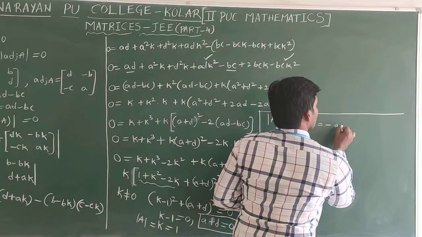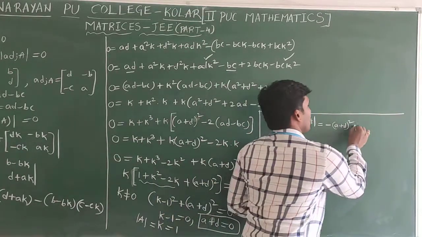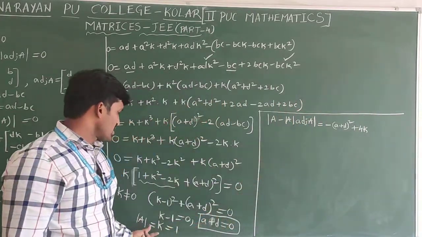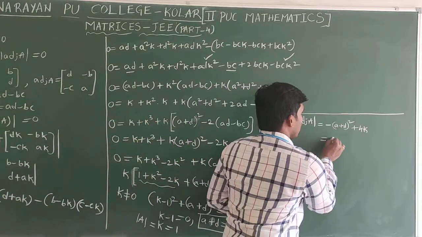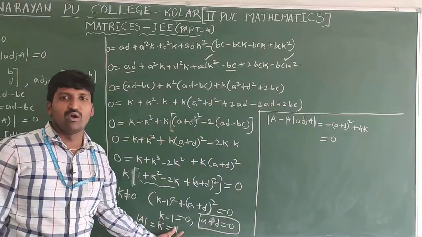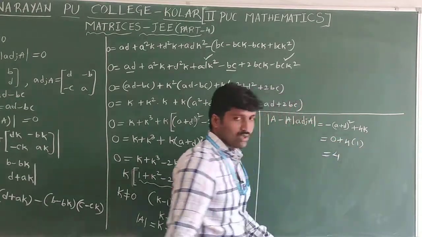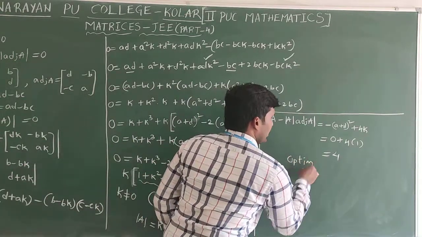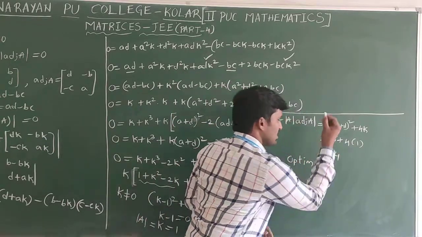Now here we will get (a plus d) minus (a plus d) whole square plus 4k. If you simplify this, you will get this notation, (a plus d) whole square plus 4k. Now a plus d value is how much? 0. 4k, k means what here? Det A value, how much here? 1. That's why 4 into 1, that is how much? 4. Which option is correct? Option D is the correct one. I am not finding this value again, the reason being we follow the same method and get the same notation. So option D is the correct one.